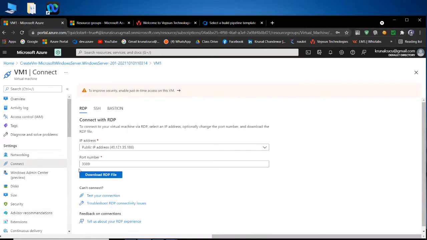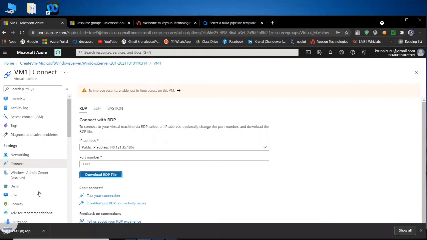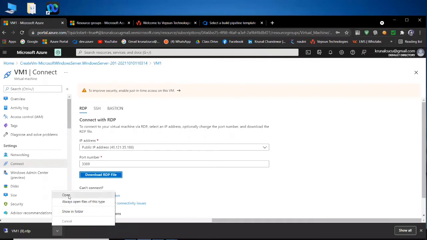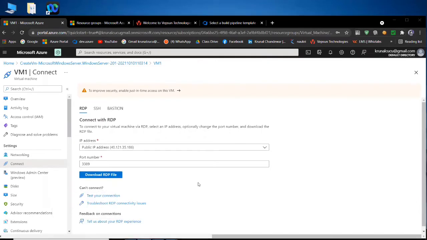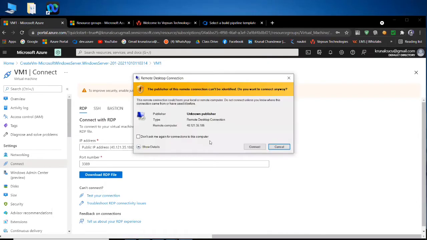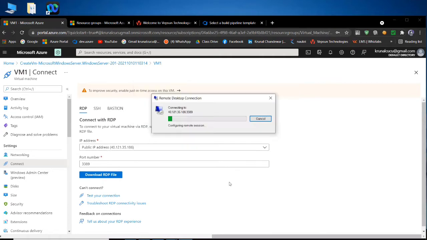Okay, see, my RDP port is 3389. Okay, my IP address is this one. And after clicking download, I can access that virtual machine from my laptop. See how this one is downloaded here. Okay, now I will open this one. After opening, it will ask me for my username and password.